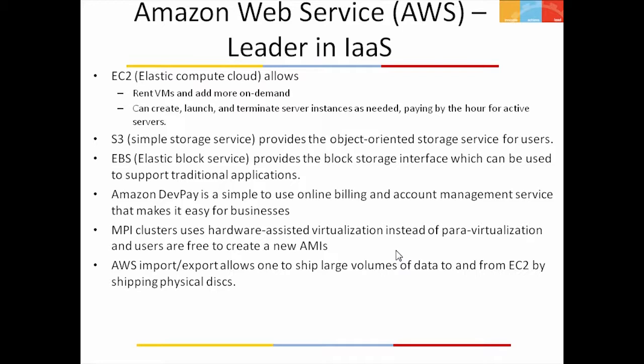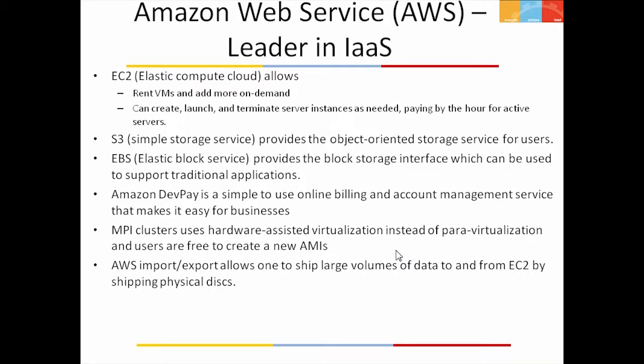This kind of service is typically offered to small or medium businesses who want to start their web-based systems on top of AWS. Example being, let us say, Netflix. So Netflix is completely based on EC2.